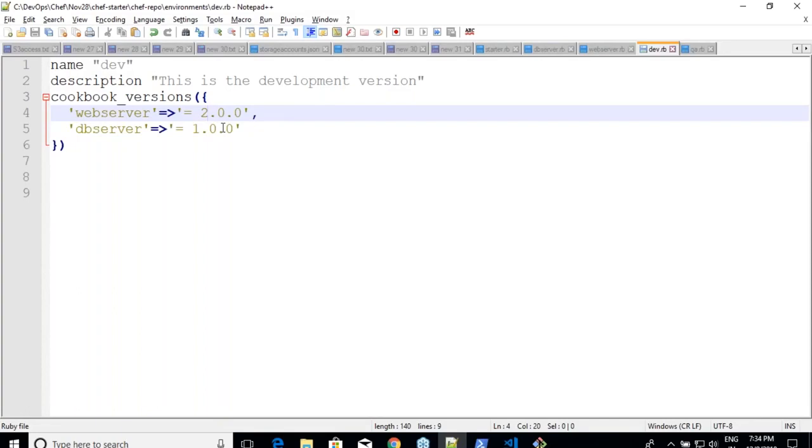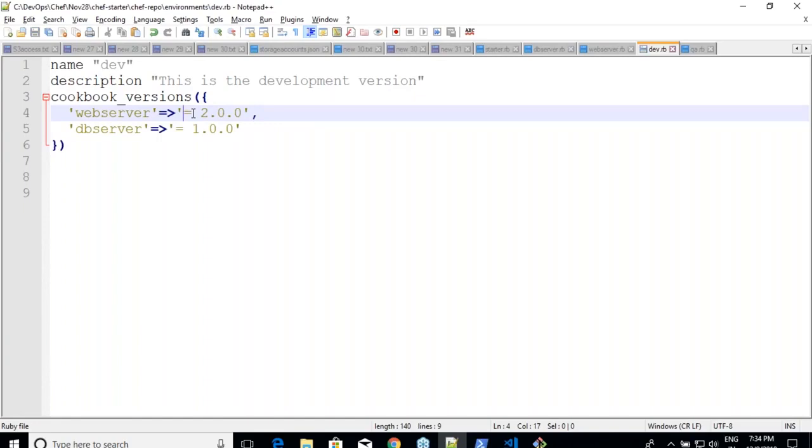in the case of dev environments, cookbook version should not be 1.0.0. You can write equals to 2.0.0 or greater than 1.0.0, any mathematical expression that fits whatever you want to do. I would prefer to write greater than or something like this, whatever makes sense. But for now, since I have only two versions, it's okay.